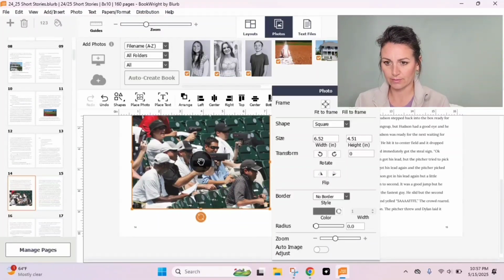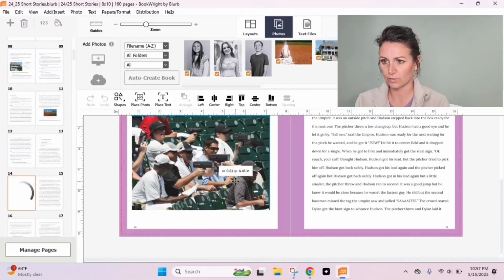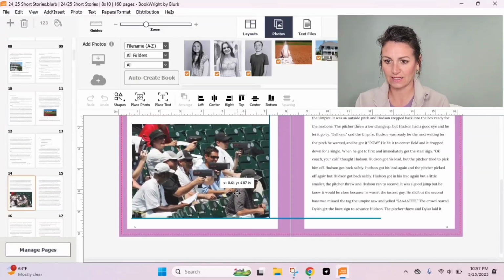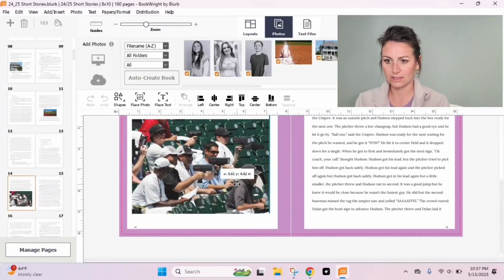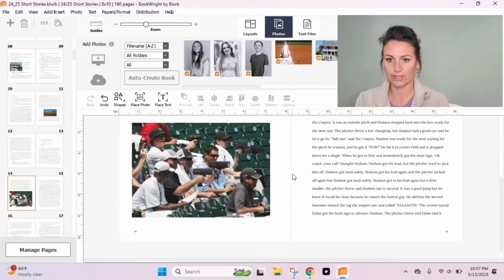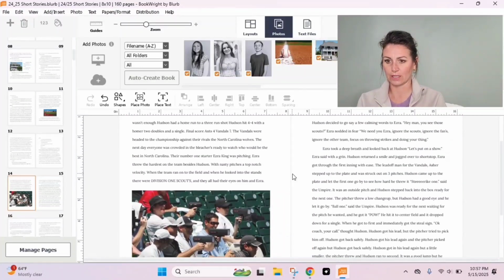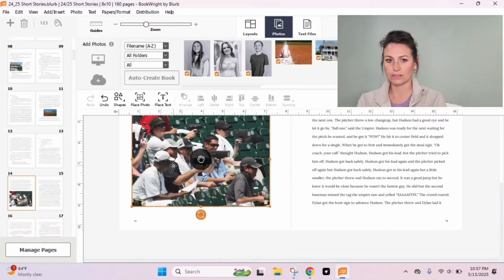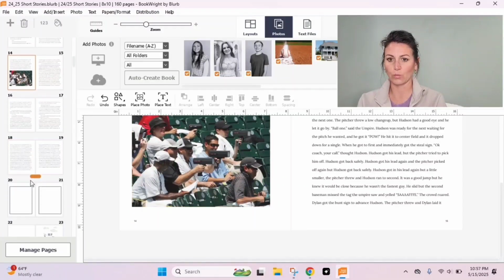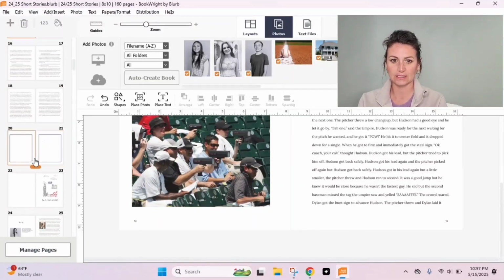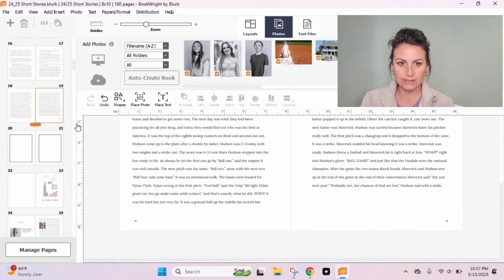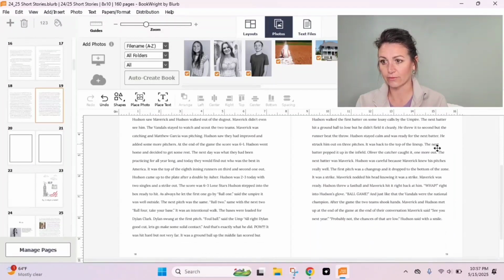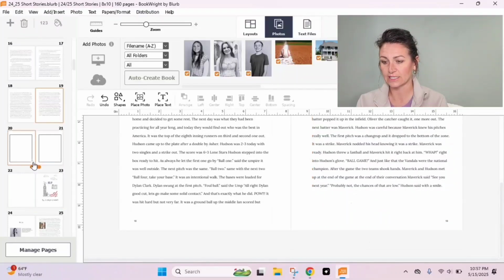Okay, I think I might move this down a smidge more until it matches up on the bottom, and then I don't have to add another text box underneath it. Actually, I'm going to move it up a little bit so it more lines up with the actual text. I think that looks good. Okay, so those text boxes are all up to date. What I need to do now is to go to the end of the story and make sure we still have enough text. And I don't have an orange triangle here saying that it's out of space,